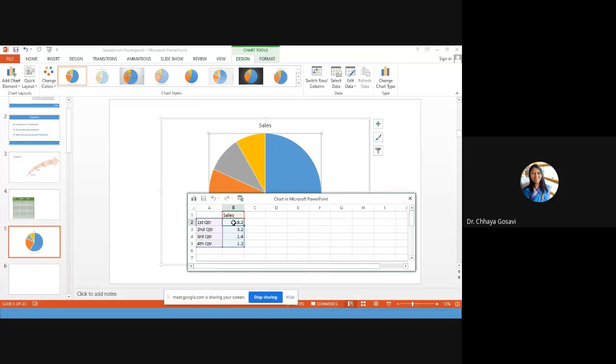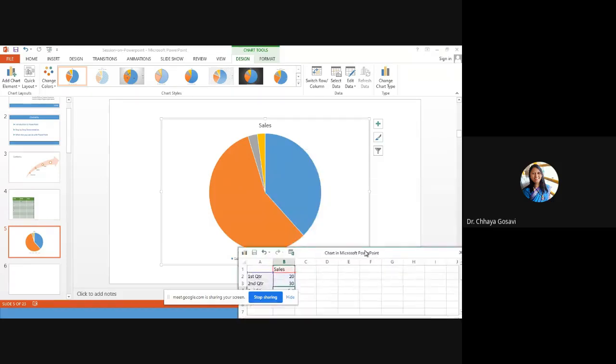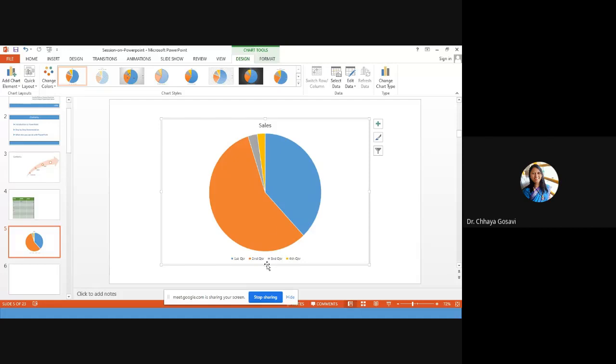Instead of 8, if I change it to 20, you can see there is a change in the graph. So depending upon your data, this graph will change. If I change it to 30, second quarter, this graph will change. And if you want to add something, like here, you want to show